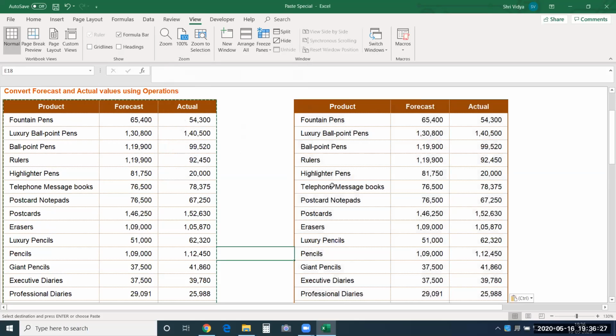So now suppose I want to calculate, let's say 15% of this forecast value, and for actual, I want to add 100 to all the values in the actual column. I want to calculate 15% of the values present here.